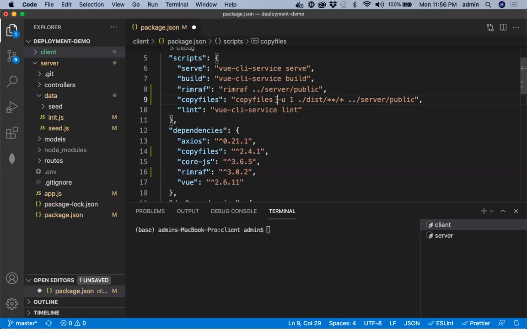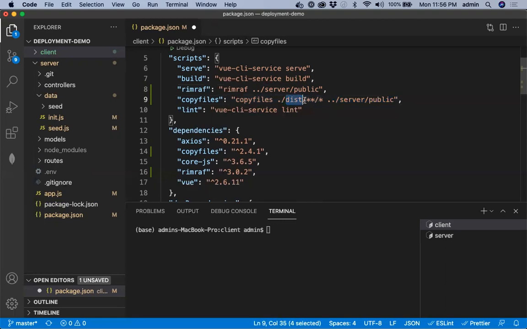So what did this -u 1 do? If you just say without -u 1, it will copy all the files within dist to server public, including the dist folder itself. So what will be created is server slash public slash dist, and whatever is within dist will be there within public slash dist. I don't want that.